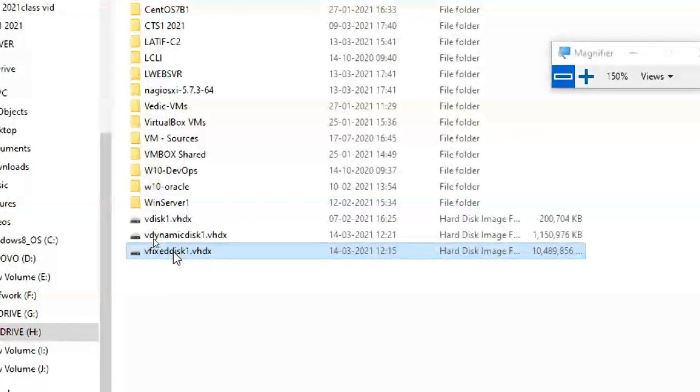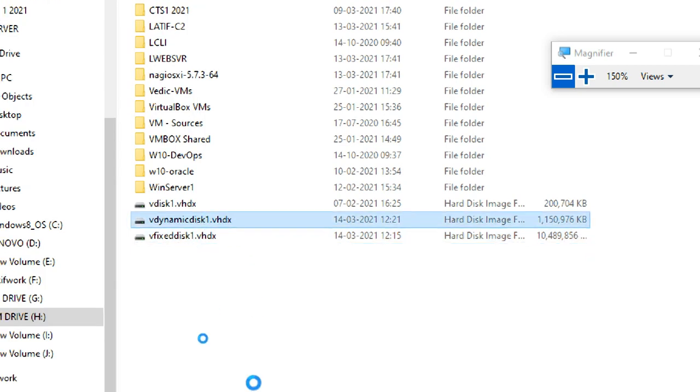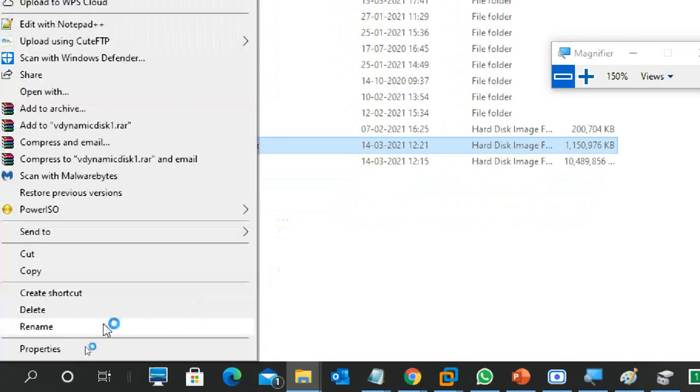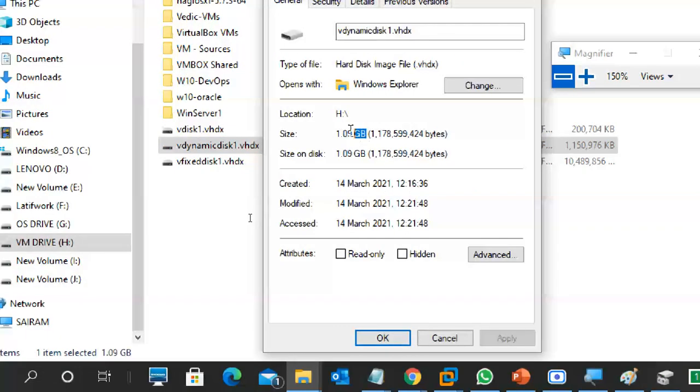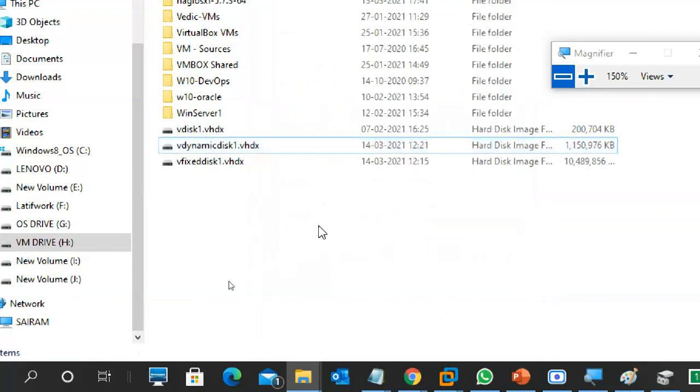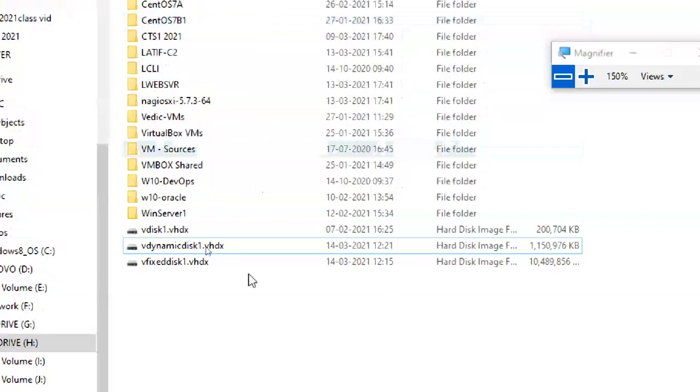Why? Because of, no, it's a fixed disk. Sorry. It's already 10 GB. Okay, so properties of that file, it's around 1 GB. So what this means is your virtual hard disk is nothing but a file in your disk space, in a normal hard disk.